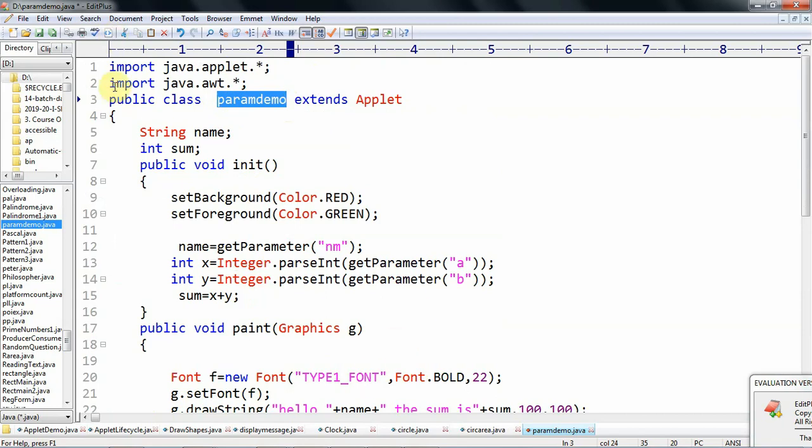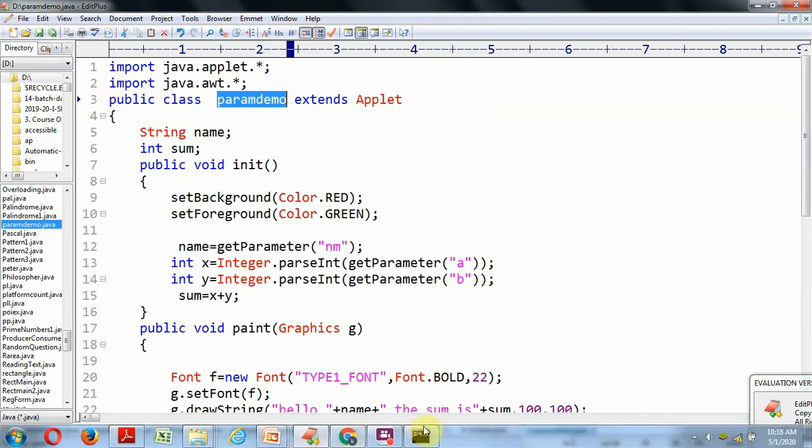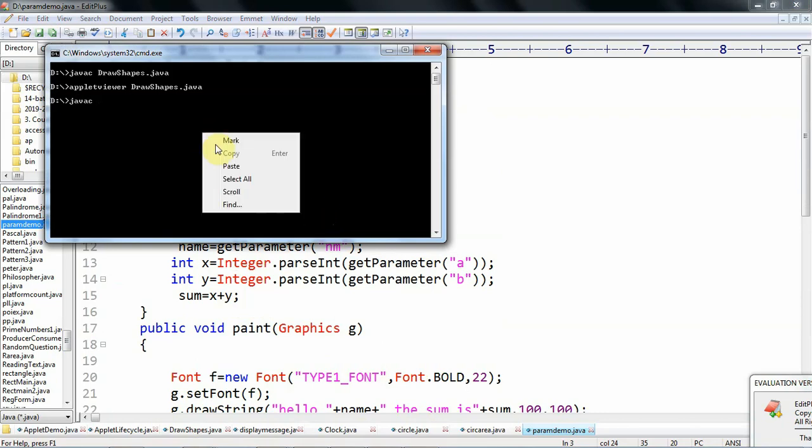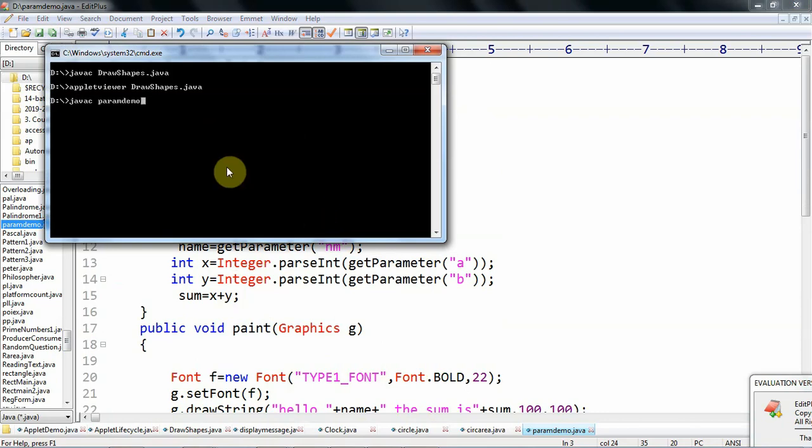Then we go to run. ParamDemo.java. The program is successfully compiled.